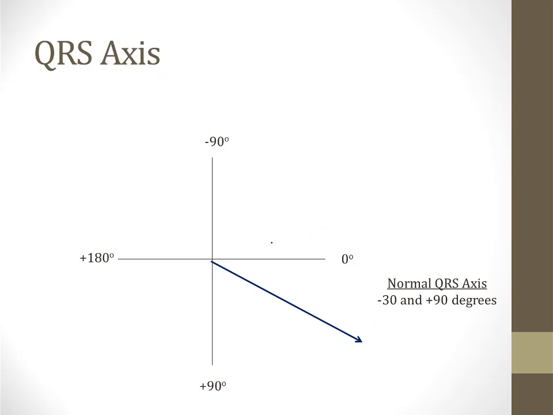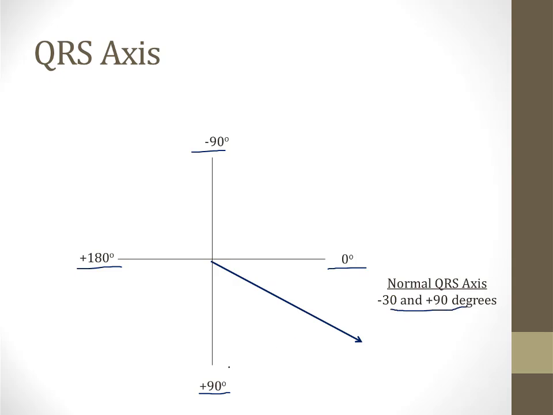Now let's suppose we took a grid and laid it directly over the heart and labeled it such that 0 degrees was to the right, positive 90 degrees was to the bottom, plus 180 degrees was to the left, and negative 90 degrees was to the top. If we did this, a normal QRS vector, meaning a QRS vector generated by normal depolarization of the SA node with a heart in the normal orientation inside the chest, would generate an axis that was between minus 30 and